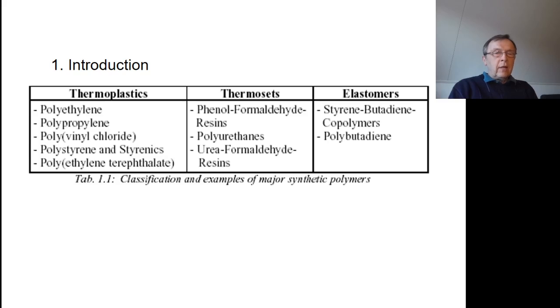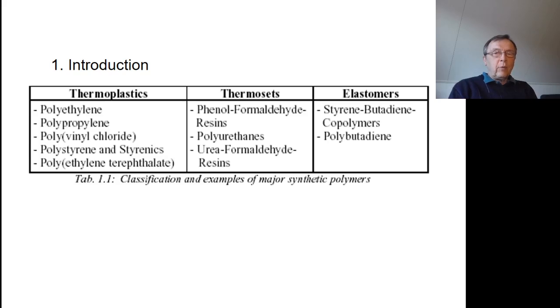Sometimes we do not even know that we have such materials in hand, which, for example, polyethylene terephthalate is a material that most of our drinking bottles are produced from. The second important group are so-called thermosets. Thermosets are not that well known, or we do not realize what material we have in hand. So polyurethanes are the most popular materials. Mattresses, shoes, many parts in cars are produced from polyurethane, but also phenol, formaldehyde resins, or urea-based resins are so-called